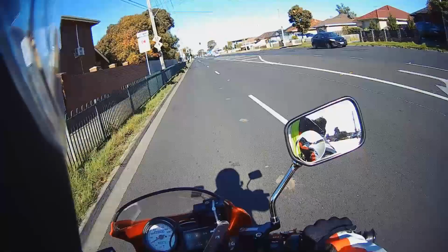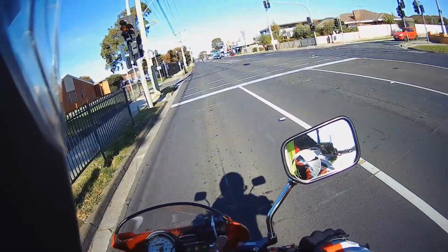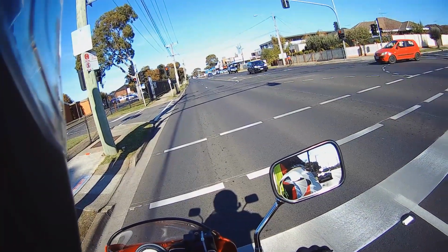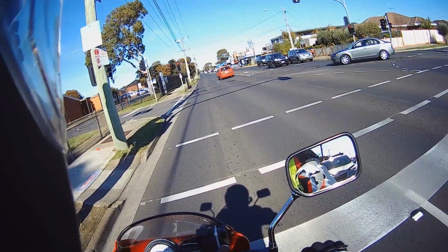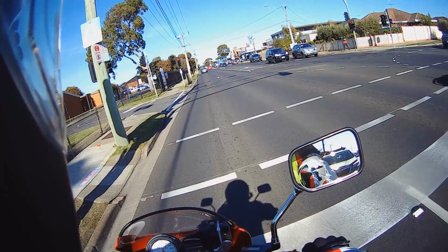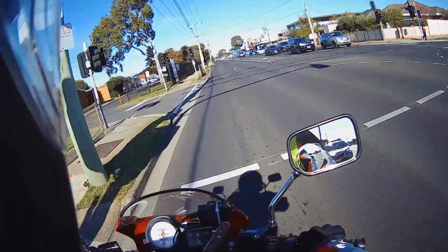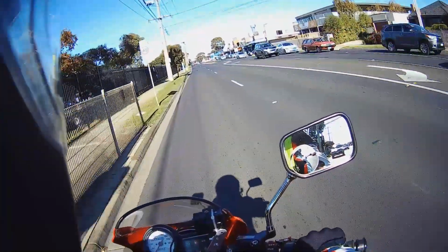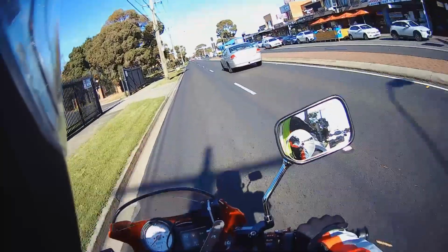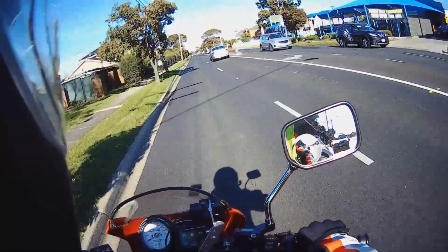So yes, this is the Monster 600. It's a 1994 bike. I've owned this bike for 6 months now. I learned how to ride on this bike. It is a bit unusual to learn riding a motorcycle on an old carbureted DUCATI Monster that is almost 30 years old, because this thing isn't really easy to ride